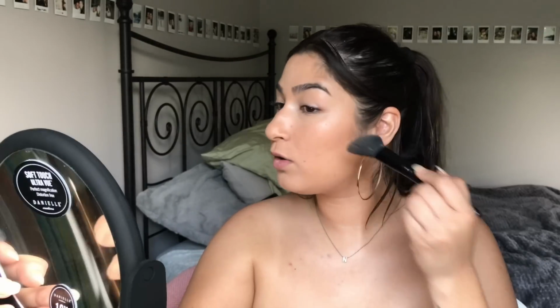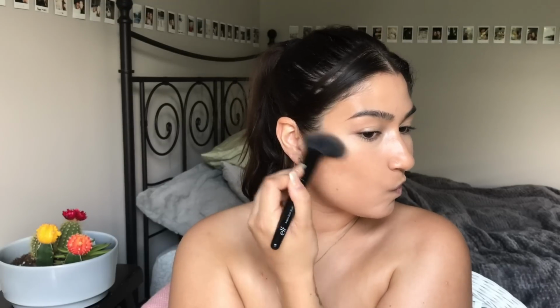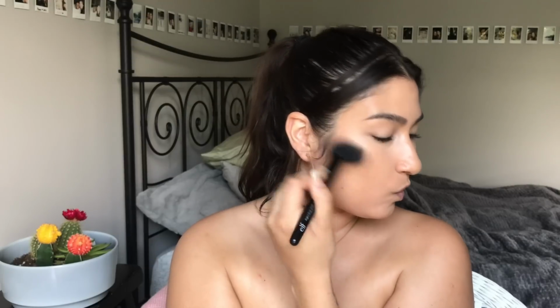And I'm very gentle on my brush because I don't want to get it muddy, because that happens. I don't know why that happens to me so much. This is the cheek I have problems with. This cheek gets real muddy quickly. I don't know why. See, it feels like there's a weird line right here. Like, what is going on? I don't know. Clearly people don't really notice because I've gotten compliments on my makeup before and I had muddy